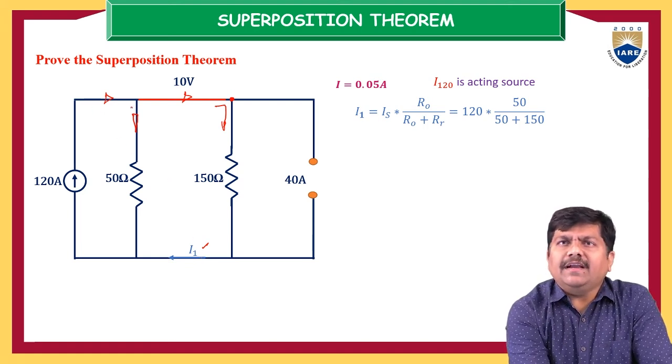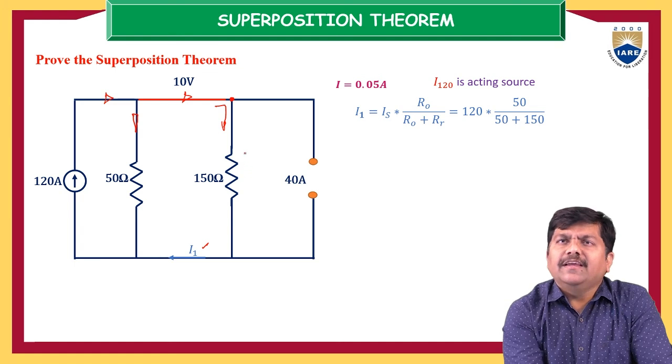So this total current is divided into two parallel paths. Whenever the total current divides into two parallel paths, we can determine the current in the individual path by using the current division principle. So this is the current I want to calculate, the current entering the 150 ohm. This current is equal to the total current into the opposite side resistance, divided by the sum of the two resistors.